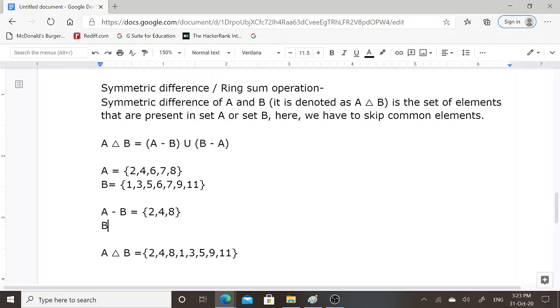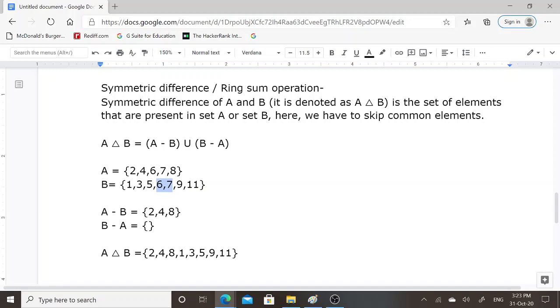Again, if we perform set difference of set B and set A, this operation will include only those elements that are present in set B. 6 and 7 are common elements. We will skip these elements.